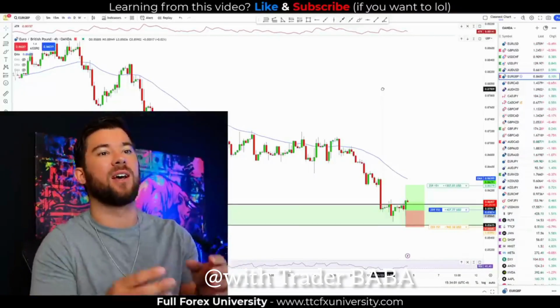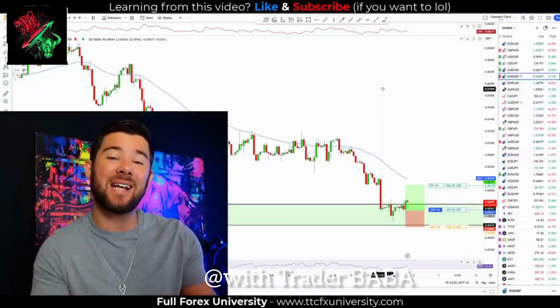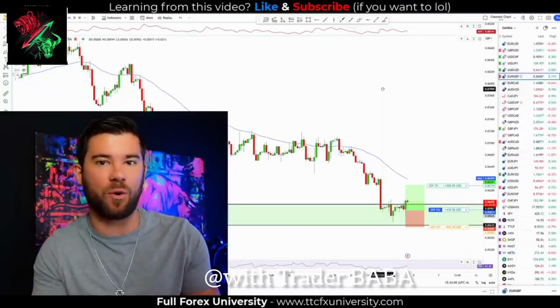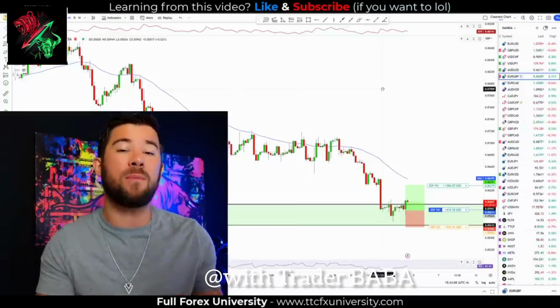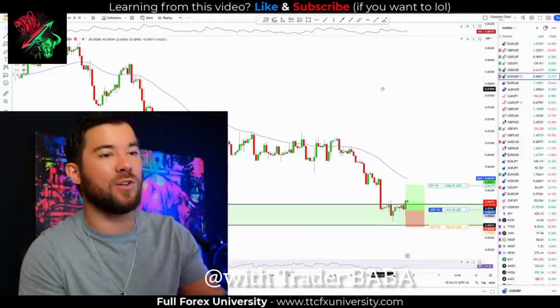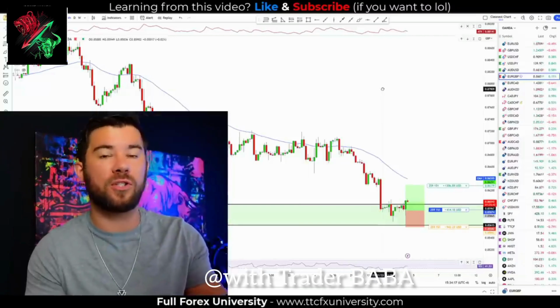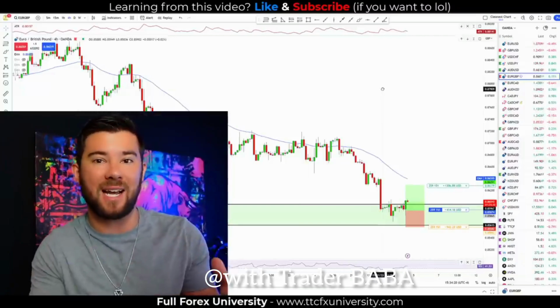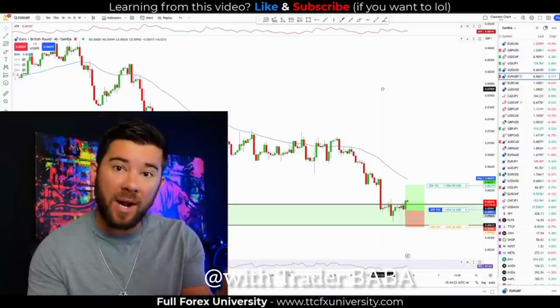But one of my favorite parts of TradingView is that I can connect my broker to this trading platform, and I don't have to switch back and forth between my broker and my trading platform in order to place actual trades. So right now what I want to do is show you how to connect your broker to TradingView if this is something you decide to do. Also, feel free to check out TradingView by going to